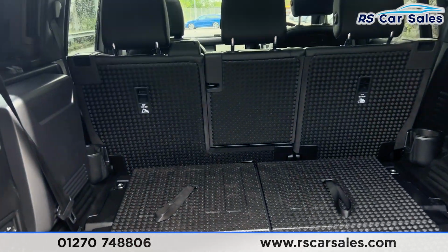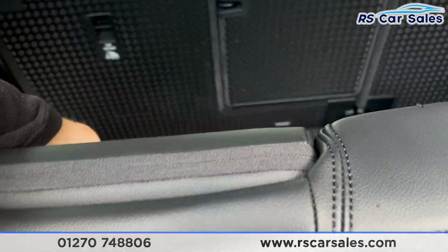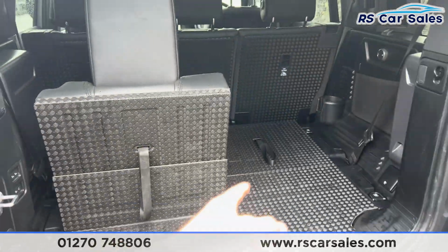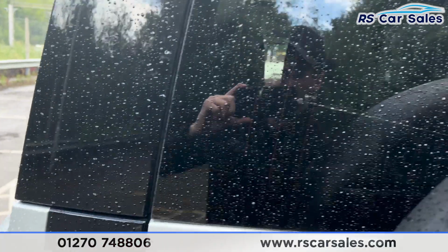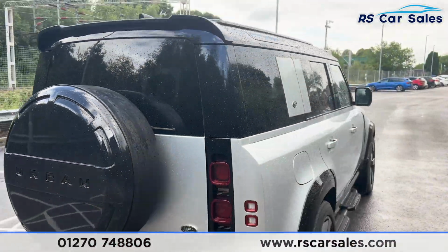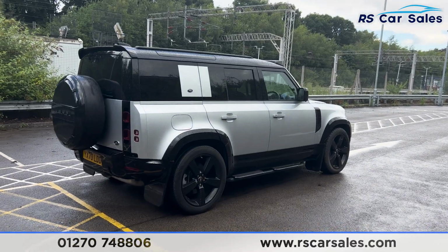This vehicle is also a 7-seater, so we can fold these two back seats up just like so. You also got the other one just there. Now if we close the boot back up though, make sure that's closed. Walk back around to the driver's side, you find that the vehicle is free from any major marks, dents or